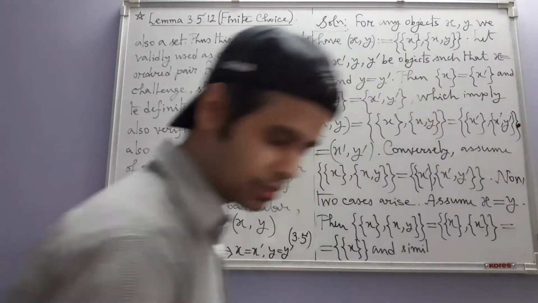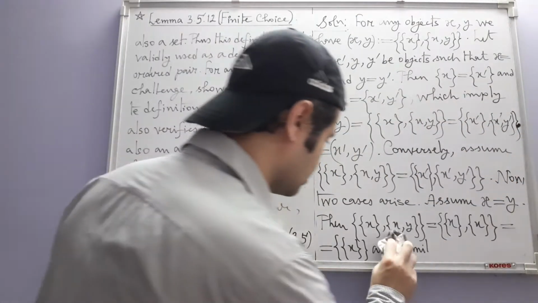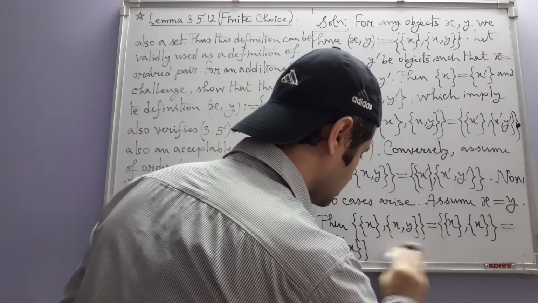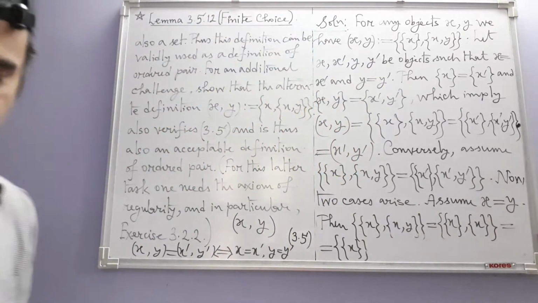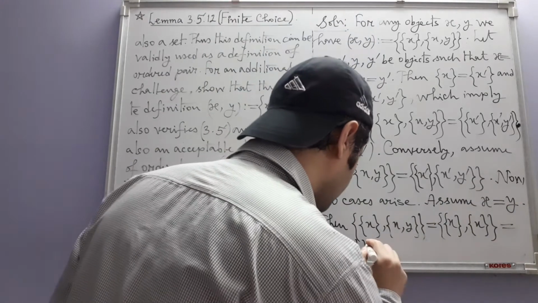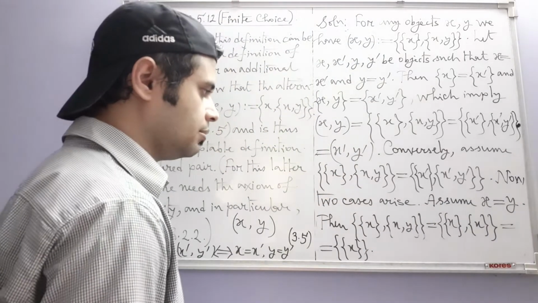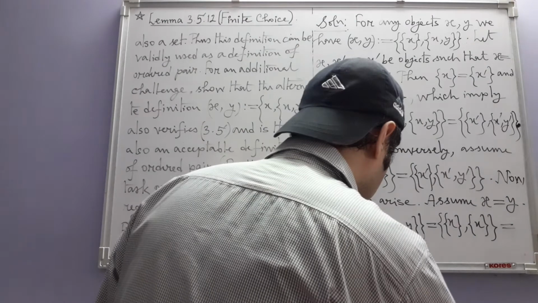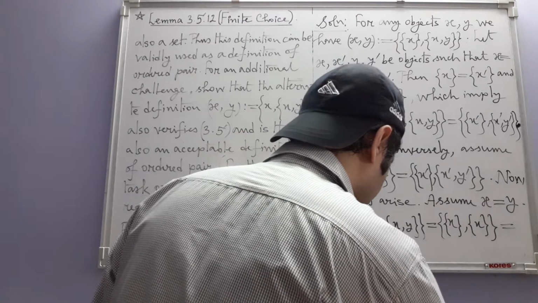Wait. I was going to write something similarly with x prime and y prime, but I can't say that since this assumption is only for x and y. We thus have